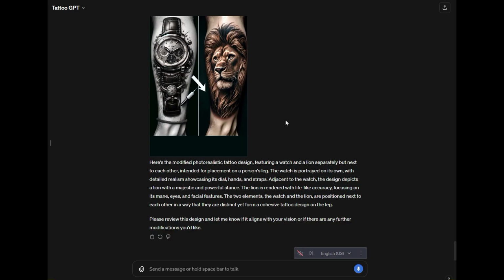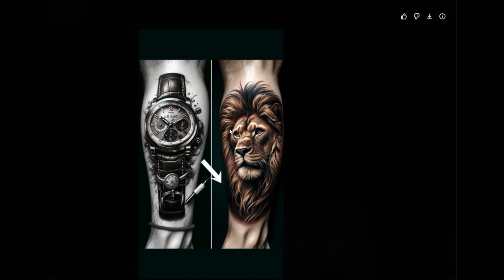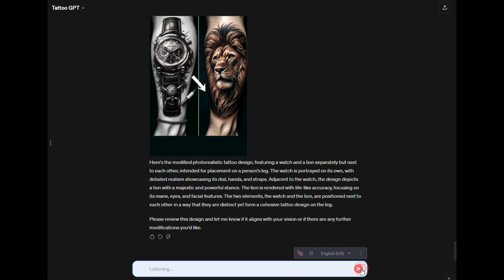And I'm sure it's harder than that. When I say straight to ink, I'm just meaning this is a really good starter. This is better than just a description, probably, for somebody to really agree on what's decided before they actually start drawing. Okay, so I'm going to say, can you make this same lion and wristwatch concept